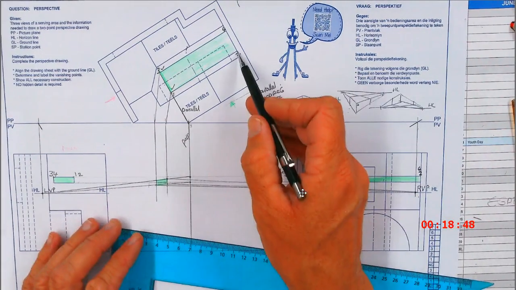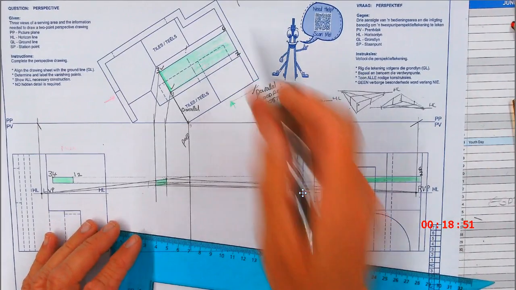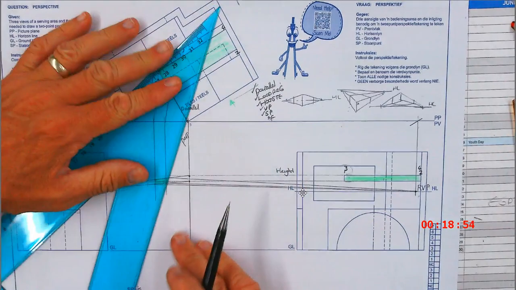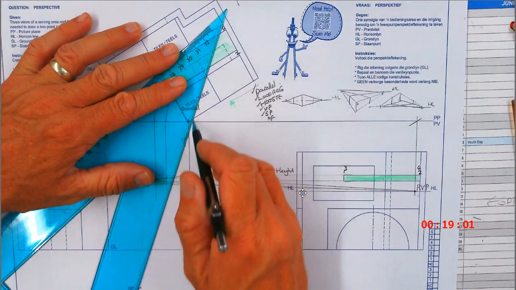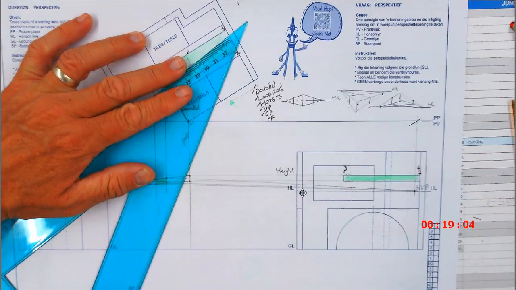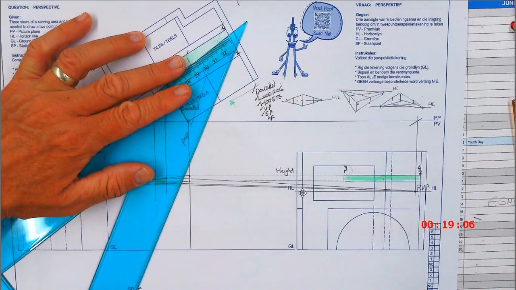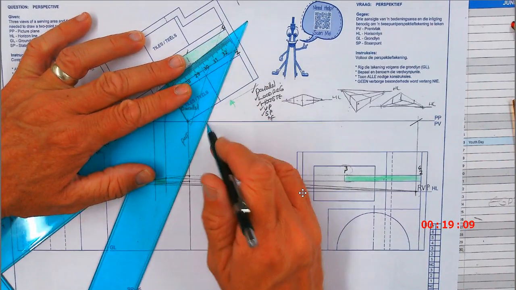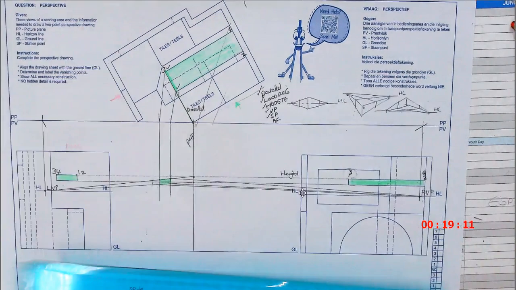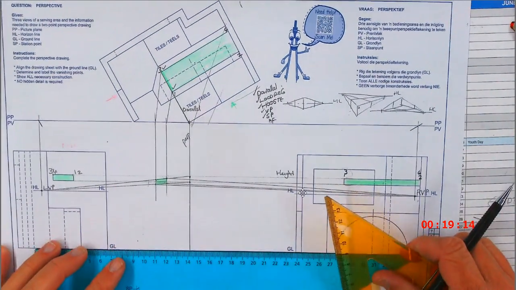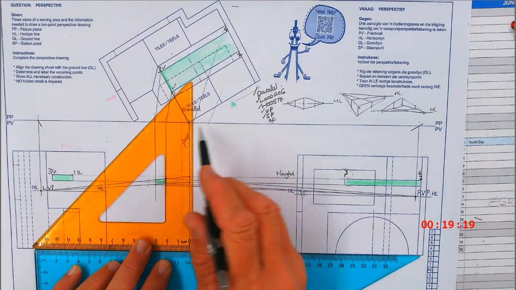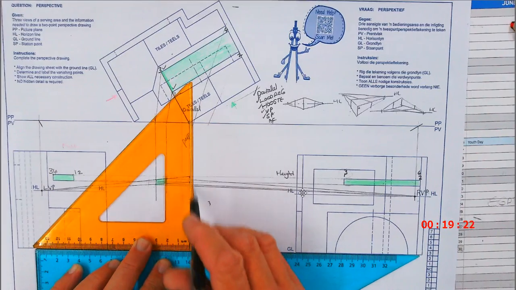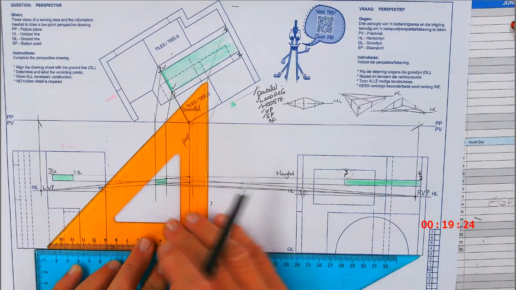How do I get the front part? I simply go to that point 2 and that point 4 and take it to my standing point. Look, you don't have to start here with the drawing. You can start anywhere you like. But this was just something that I saw, which I thought was easy to identify in both views. So I'm just going to take that perpendicular down. I'm going to take this one down.